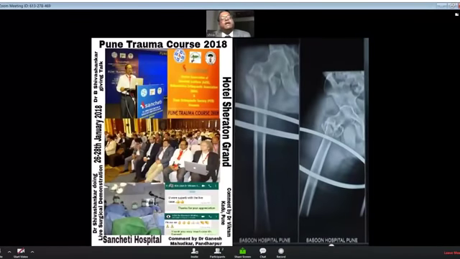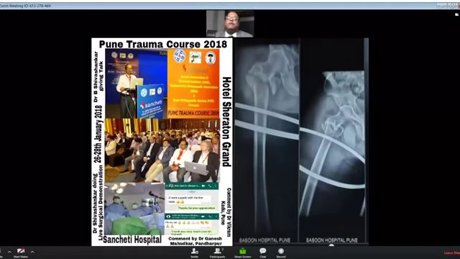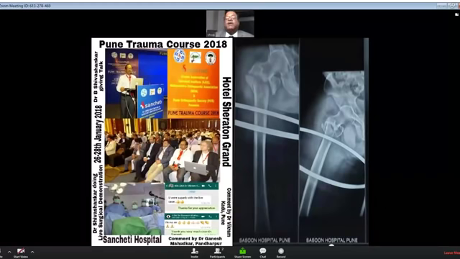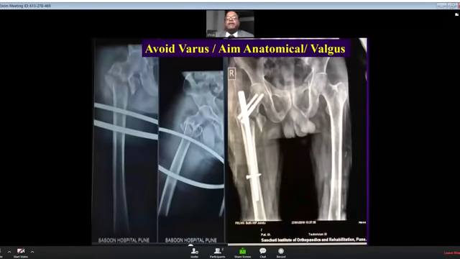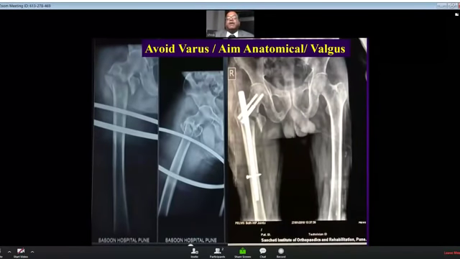This is a case which I operated recently in February at Sanjeevani Hospital during the Pune trauma course. You can see the fracture is very badly comminuted. The lesser trochanter is broken, the lateral wall is broken, it's a high subtrochanteric fracture. So many problems in this patient, and I was doing a PFN in this patient. Since I wanted to get the valgus reduction, I inserted a Steinmann pin into the proximal fragment and asked the assistant to adduct it totally, and I got an opening medially, getting a positive medial cortical support, though there is a gap.